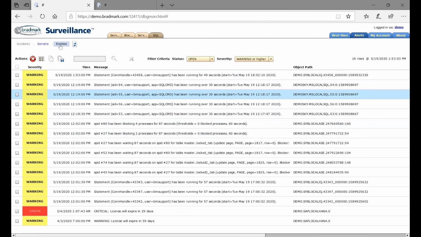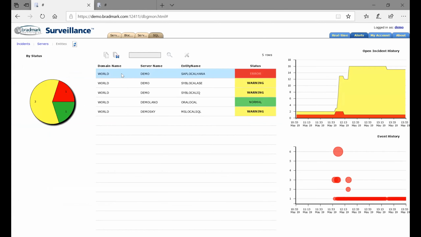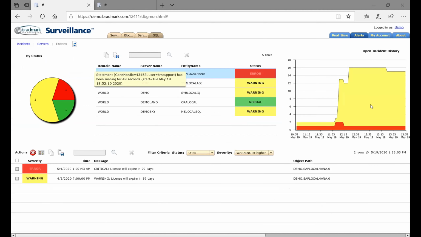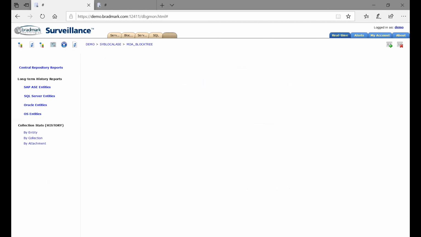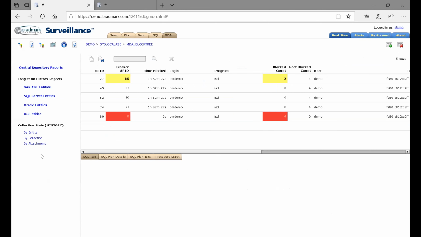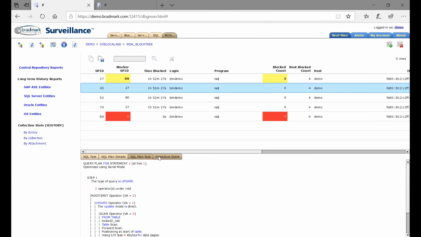We can take a look at it by servers. We can take a look at it by databases. You can see I've had quite a few problems recently, in the last hour or so. But here again are the ASE items. And if I want to drill down to that, whether it's in the cloud or on-premises, I can just say I want to look at this particular item and drill down to it, and it takes me directly to the window we saw earlier, where I can take a look at the SQL plans and those kinds of things. So a great way to integrate on-premises and cloud and be able to monitor all of that with one particular interface throughout.